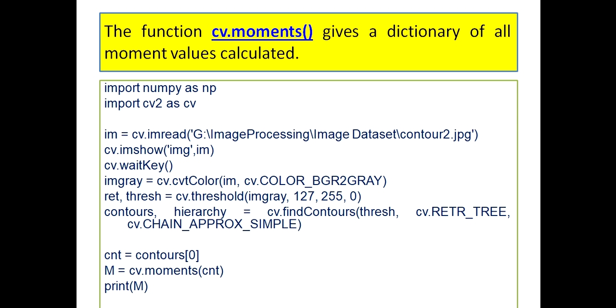And now you have to provide the path of the image of which you want to find the contour. Okay, then I'm displaying the image. Then imgray is cv.cvtColor, image, cv.COLOR_BGR2GRAY. Blue, green, red to gray means that the color image is being converted into a gray version and is being stored in the imgray variable. Well, then we find the threshold through the cv.threshold function.